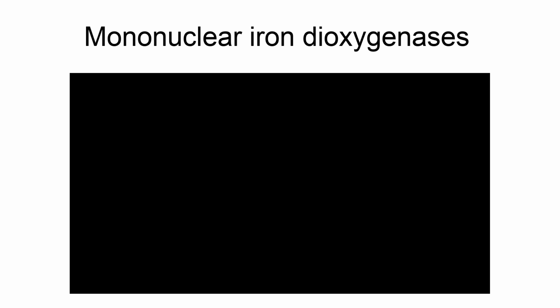The mononuclear iron dioxygenases, or non-heme iron-dependent dioxygenases as they are also termed, all utilize a single catalytic iron to incorporate either one or both atoms of dioxygen into a substrate. Despite this common oxygenation event, the mononuclear iron dioxygenases are diverse in how dioxygen activation is used to promote certain chemical reactions. For instance, carbon-carbon bond cleavage, fatty acid hydroperoxidation, carbon-sulfur bond cleavage, and thiol oxidation are all reactions catalyzed